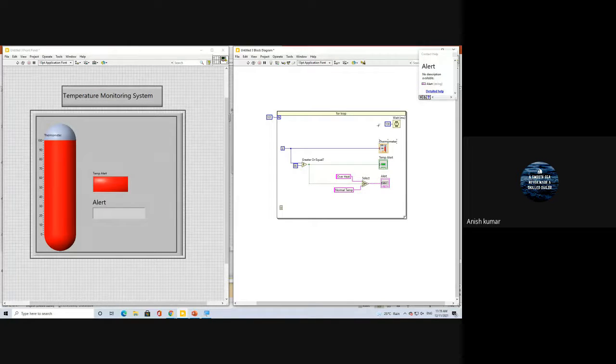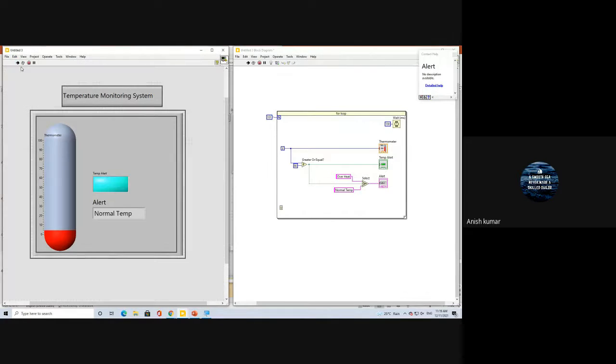I'm connecting this, and I'll select all the indicators. I'm going to reorder this, I mean, arrange this to my left side, so the program looks somewhat neat and better, right? So that's all. Our simple mini project is ready within a minute, right? I'm going to run the code. So the temperature is blue color, and the alert system shows normal temperature. If it is above 80, it's overheat, as well as the LED is